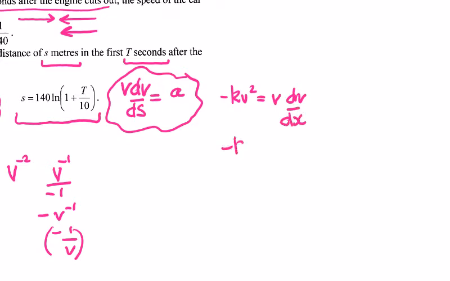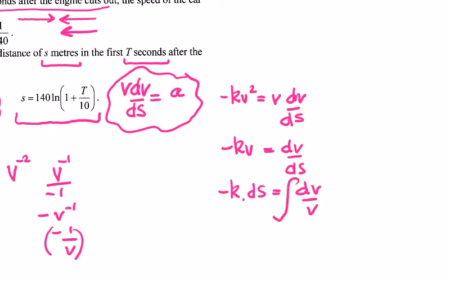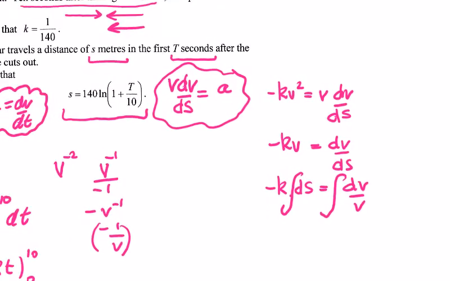So we're going to get minus kv is equal to dv/ds. So that's going to give minus k ds is equal to dv over v. And if we integrate both of these, and we're dealing with